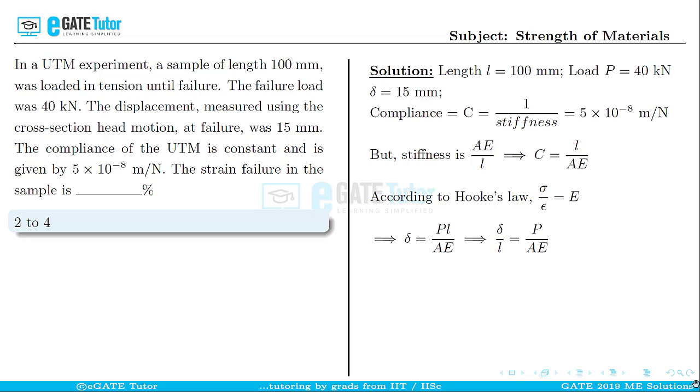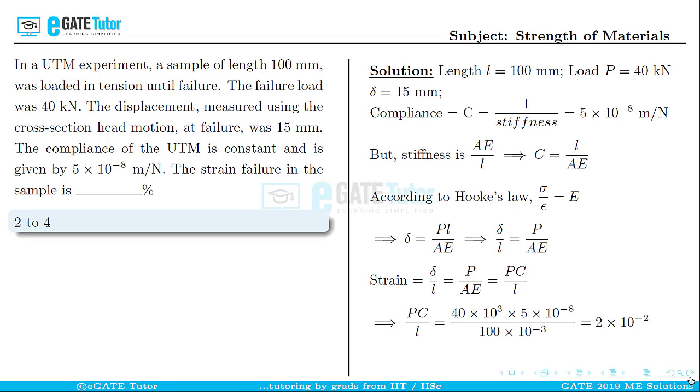From this, we can rearrange the terms and get delta by L as P by AE. But we know that delta by L is nothing but strain, and P by AE can be written as PC by L. Now when we calculate PC by L, since we have failure load as P is equal to 40